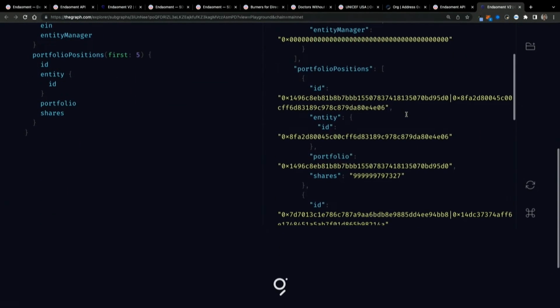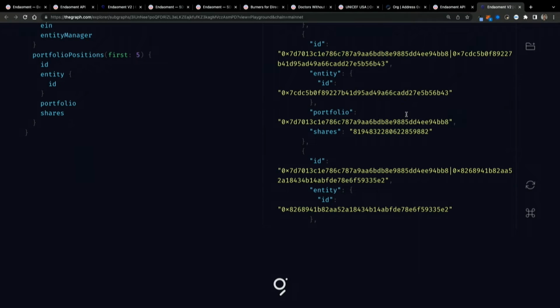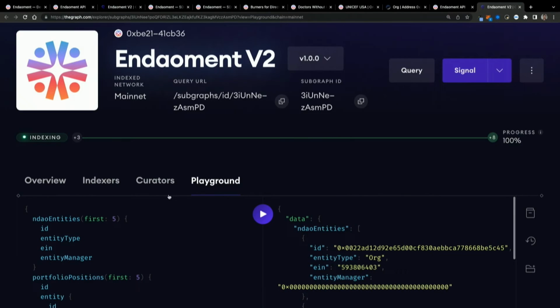And here you'll see that we're just pulling this data straight from the chain in order to be able to show people who's got the most position in portfolios, or who's got the largest donor advised fund at Endaoment, or what is the most fundraised to organization on Endaoment. All of these are really easy queries to build here using GraphQL in the Graph Network and using the Graph Playground. So we really hope that you'll jump into this playground, play around with it, but also feel free to